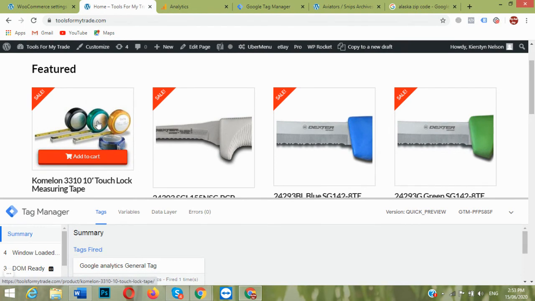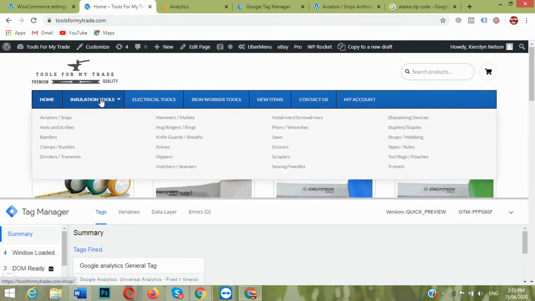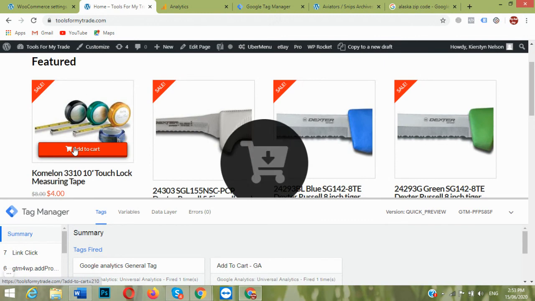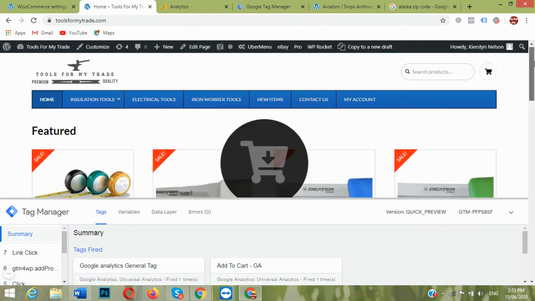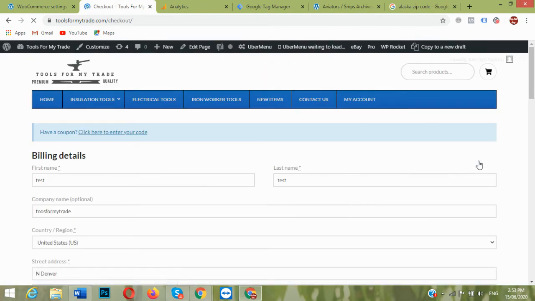Okay, I am going to show you another way of tracking for these. Just click here, add to cart again, and cart, then checkout. These tags are firing, you can see below.